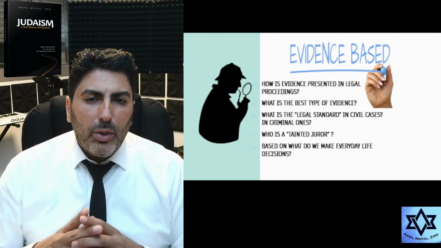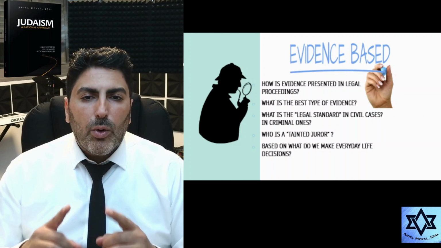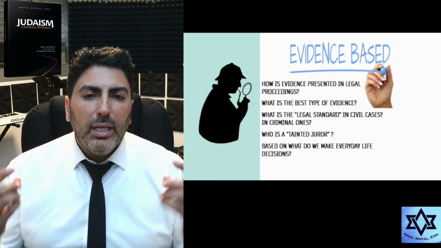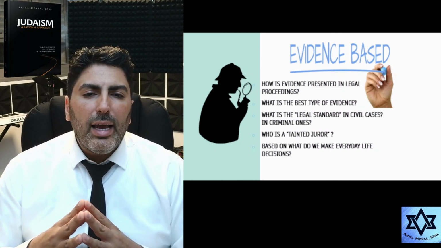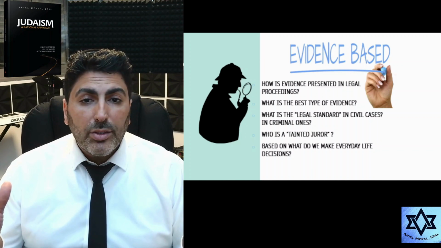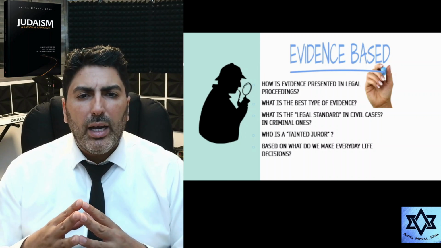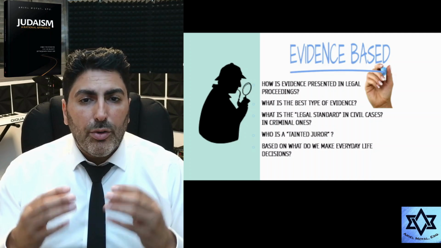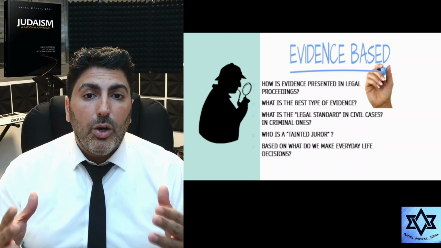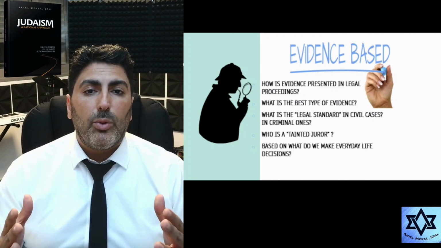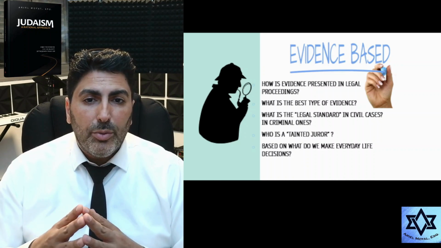So what's really important in this process is that we don't act like defense attorneys or tainted jurors, that we want to hear the evidence as an objective jury that doesn't have any skin in the game, that just wants to know what's the truth. Is there a creator? And did this creator provide a moral code or value system to human beings? And if so, we want to know if this is the truth and what is the evidence for this. That's how all the evidence should be viewed.